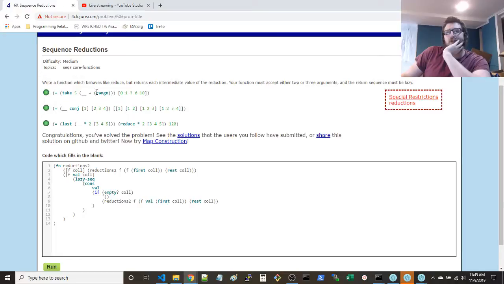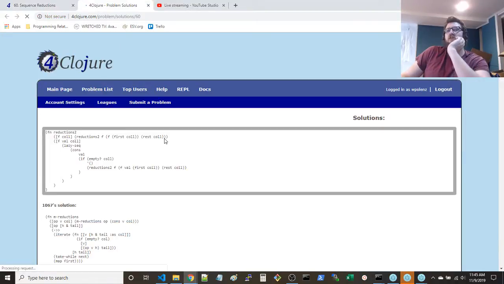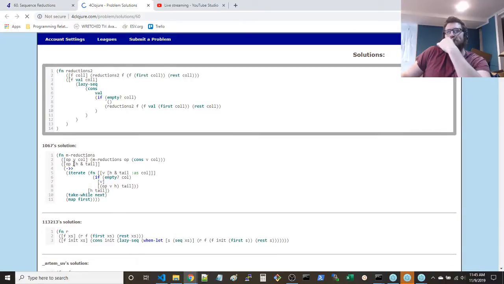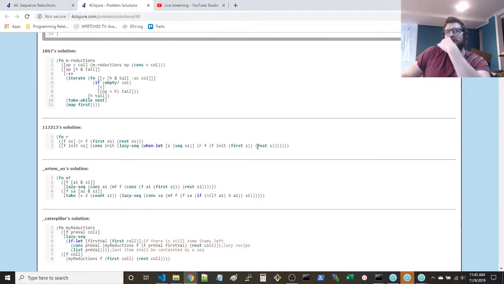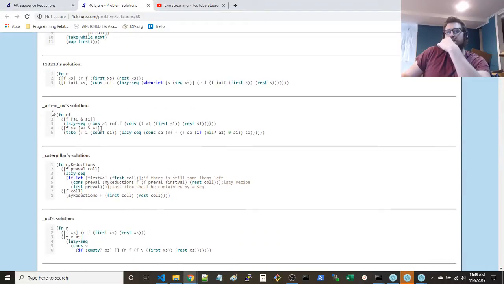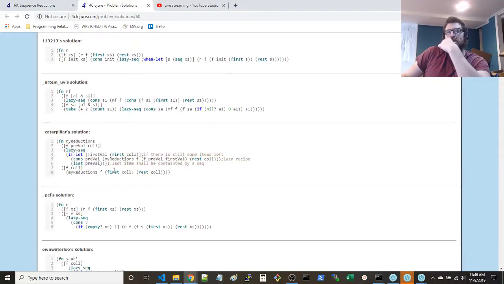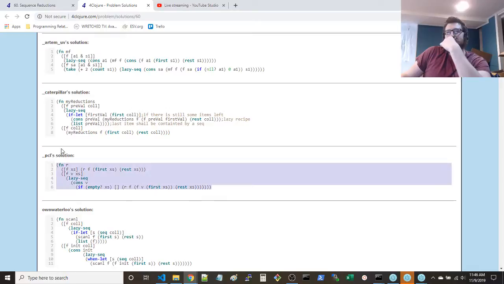And let's go ahead and take a look at the solutions. Yeah, because I'd be willing to bet the solutions other people came up with are equally verbose, almost exactly what I did here.